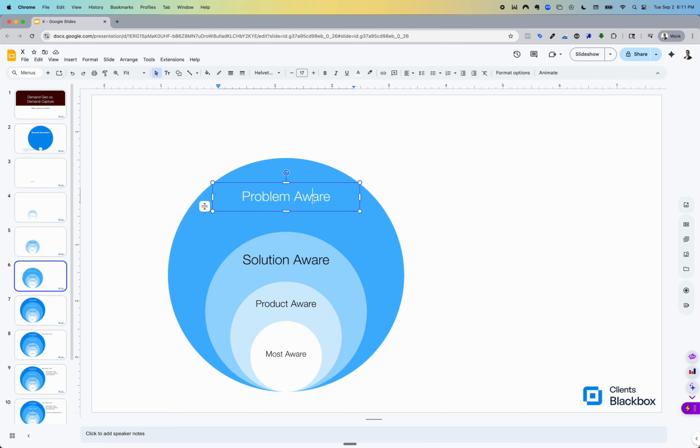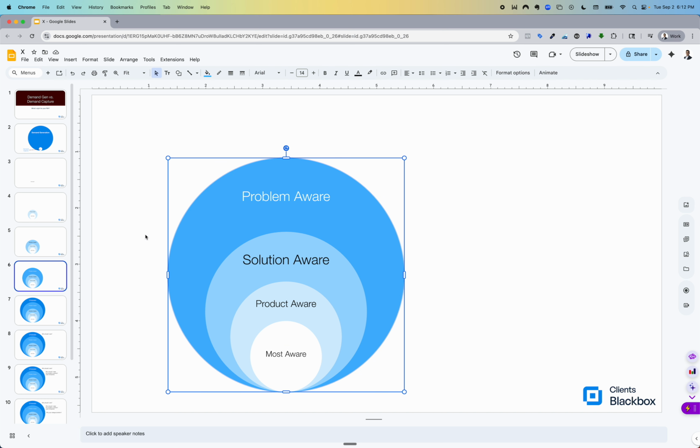So problem aware means that, for example, you have people who are aware that, hey, I might run out of money in retirement if I don't have the right withdrawal strategy. I don't know how I would withdraw my money, but I know that I might run out of money if I don't get something done, right? So I just know that I have a problem, but I don't really know yet how to solve it, or what specific tool or product I should use to solve it, and what kind of company specifically I should go with, right? So problem aware is the second largest portion of the market,